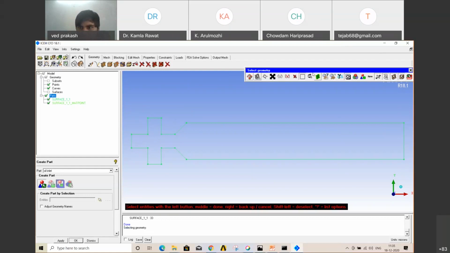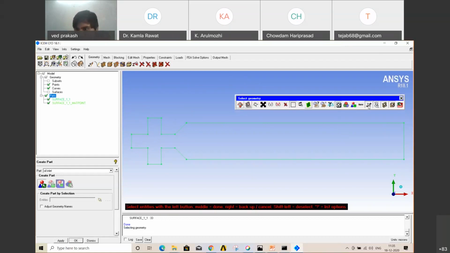Just unclick. This is the same process we did in the previous section. This is the oil inlet. Again, the water inlet.